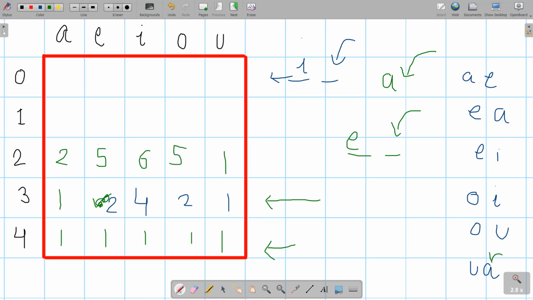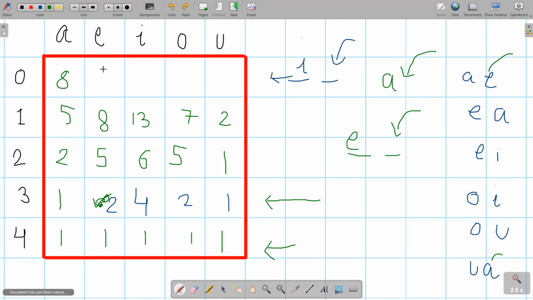Right, for this row I will just say A should have the E, and E should have like 2 plus 6, I think 8, and I should have like 7 and 6, 13, and O should have 6 plus 1, 7, and U should have the A. So I will say it should become 2, and A should have the E, that is the next character is E. So I will pick up the next row and the column for E, that is 8.